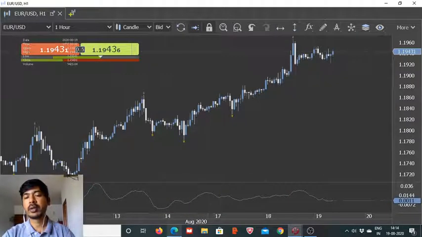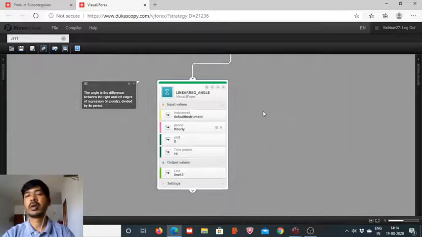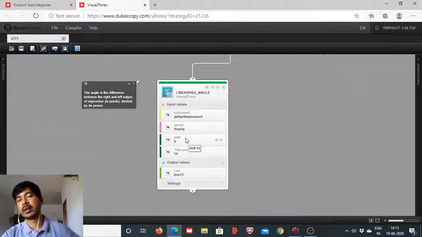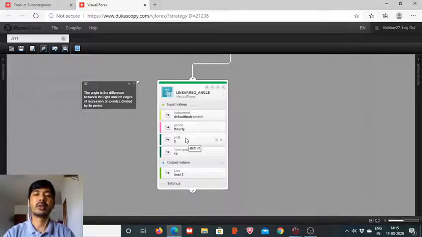Now let us go back to the Visual JForex board. So here we have to define these parameters. We have now chosen the hourly time frame. The look back period is going to be dependent on what you want to do, what your purpose is, how you want to design the algorithm. When the shift is 0, you get the current output for this linear regression angle. When the look back period is say 5 or 10, that much amount of time we will be going back in time, and at that point in time, whatever the output value is, that will be fetched